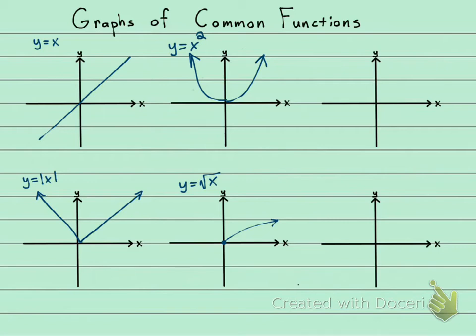Then we have y equals x to the third. And that one has a parabola right-hand top part, but the bottom part that was here is now flipped down. Okay, so this one ends up looking kind of like a snake. And then similarly, the cube root of x is going to be like that same snake, but it's going to be this way. Okay, so these are our